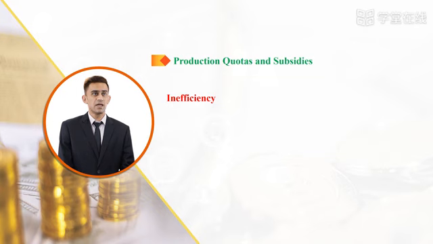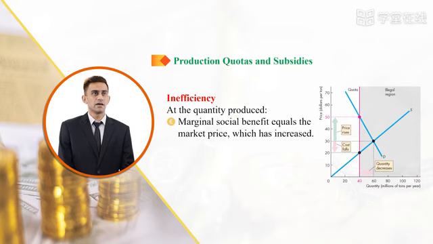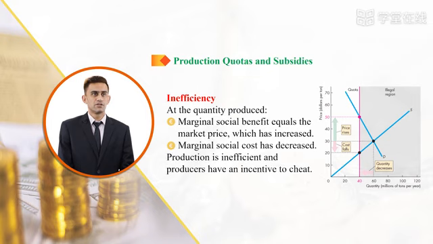A decrease in supply. A production quota on sugar beets decreases the supply of sugar beets. Each grower is assigned a production limit that is less than the amount that would be produced and supplied without the quota. The total of the growers' limits equals the quota, and any production in excess of the quota is illegal. The quantity supplied becomes the amount permitted by the production quota, and this quantity is fixed. The supply of sugar beets becomes perfectly inelastic at the quantity permitted under the quota.